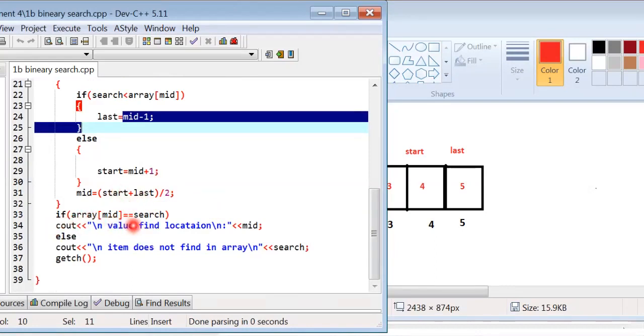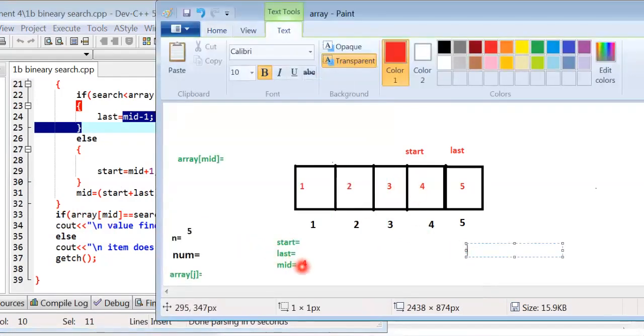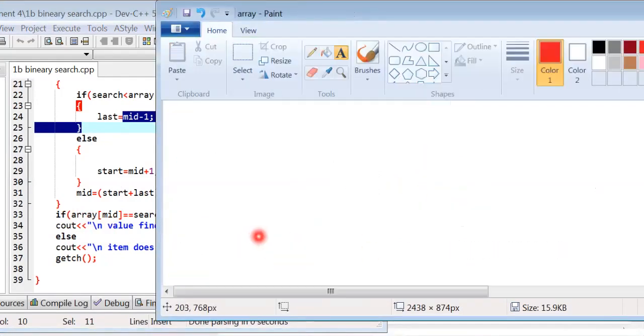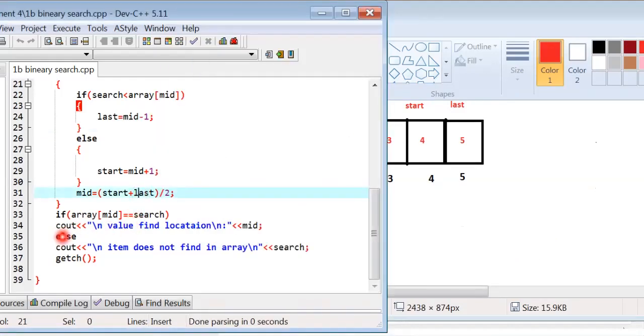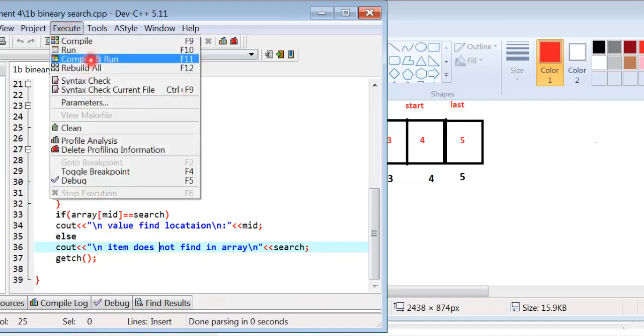If array[mid] equals search, meaning the value of array[mid] equals search, the value of mid is 4 and the search value is 4. This condition is true, and this part executes: value found at location mid. Then we execute this program.